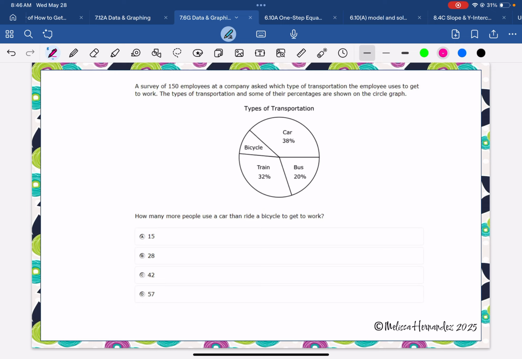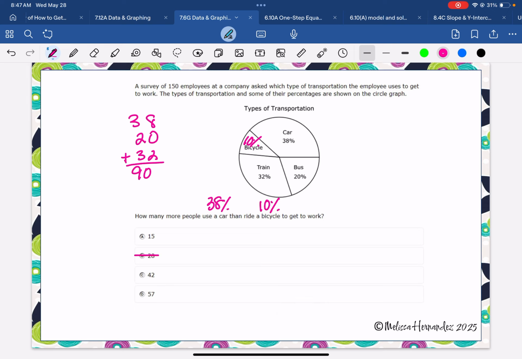So what we're going to do is add up the percentages that are given to us, 38, 20, and 32. When you add all three of those, you end up with 90%. So we subtract that from 100, which will give you 10% for the bicycle. We want to find how many more people use a car than ride a bicycle. Well, the car is 38%, and we just figured out the bicycle is 10%. When you subtract those, you end up with 28%. So this question is trying to trick you because it's giving you 28 for B. If it was asking for the difference in percentage, B would be correct, but it's asking for what it